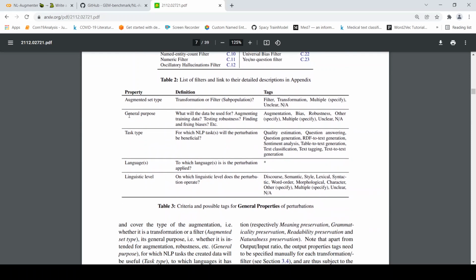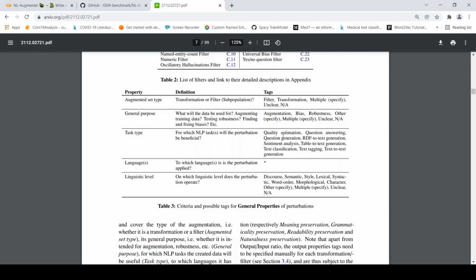Okay, so this is how they define the criteria and possible tags for general properties of perturbations. For example, over here, augmented set type: is it a transformation or a filter, right? What is the purpose? What will the data be used for? Is it augmenting training data, testing robustness, finding and fixing bias? Okay, what is the task type? Is it for which NLP task is this kind of perturbation beneficial?